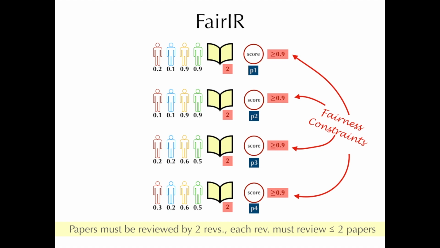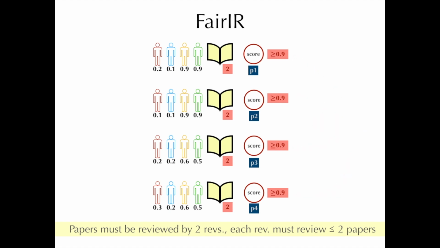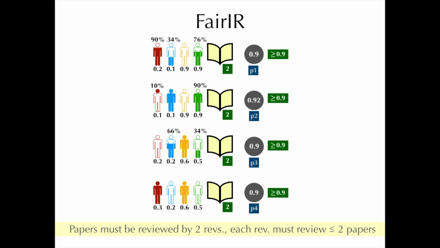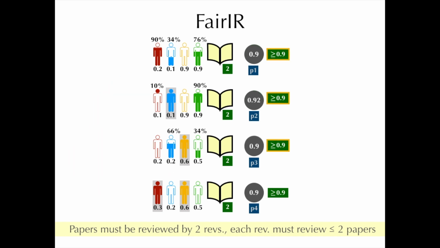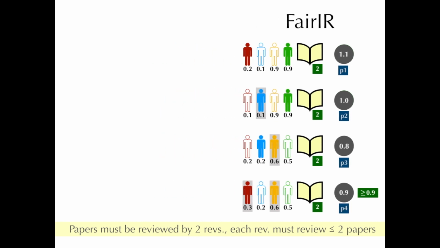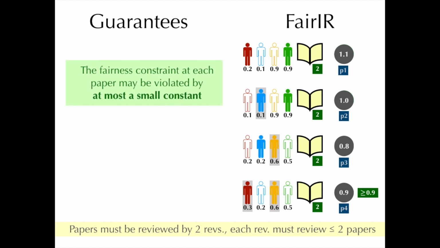Since adding these additional constraints makes the problem computationally hard to solve integrally, FAIRer leverages linear programming algorithms and iteratively solves the relaxation of the problem, yielding fractional solutions. Then, FAIRer freezes specific assignments and drops carefully chosen constraints, eventually leading to an integral solution. We formally prove that FAIRer always returns a valid solution and never violates the fairness constraints by more than a small constant. FAIRer can even be run with lower bounds on reviewer loads.